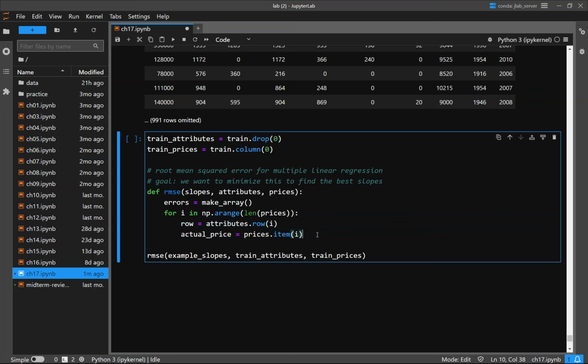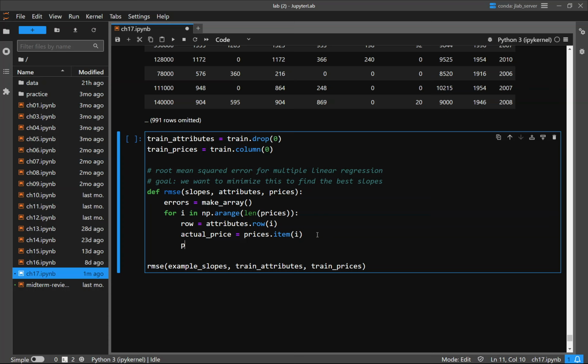See how far off I was. Okay, that's what I want. So there's the row, there's the actual price. My predicted price